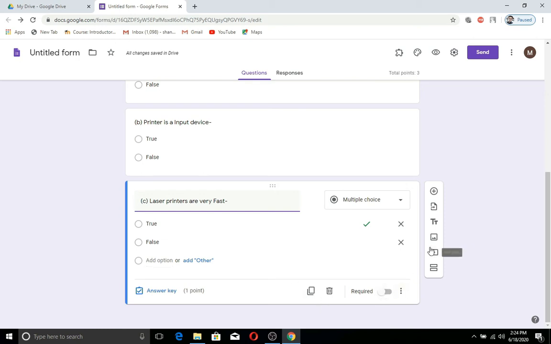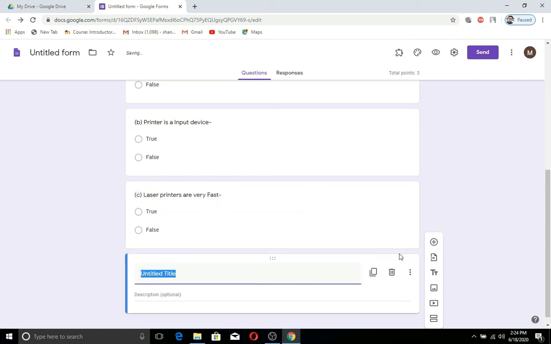For adding an MCQ question, first of all you need to write a title. So click on this title button and write Question 2. Tick the correct options for the multiple choice questions.